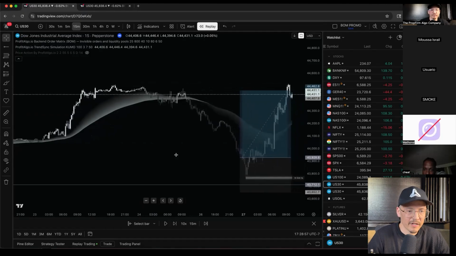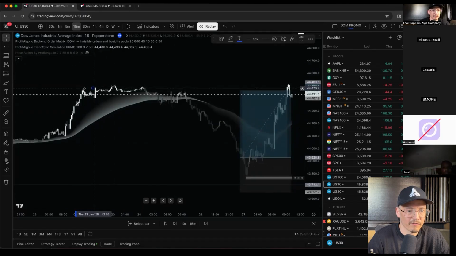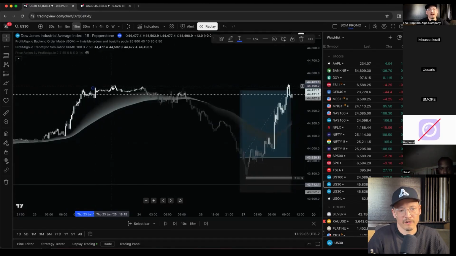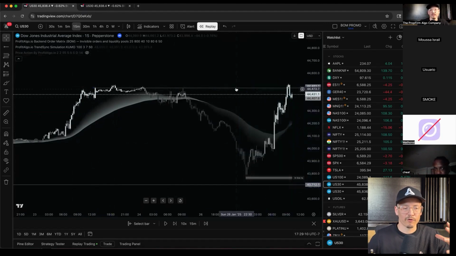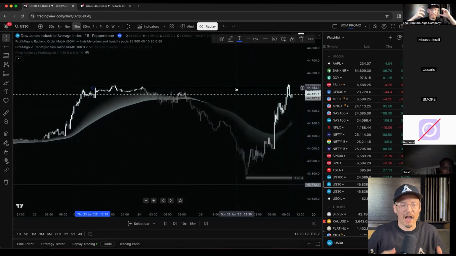breakout. But here, this was a breakout. This was a solid breakout right here in this candle. It broke the previous high. People started buying there. So it takes a little level of patience. This is going to take a while for you to switch your mind on how you're approaching your trading. But I guarantee you, with patience and dedication and applying that risk management, you're going to start seeing a